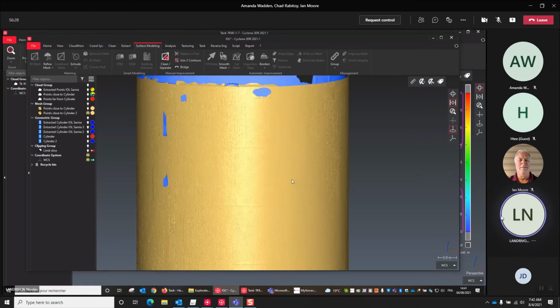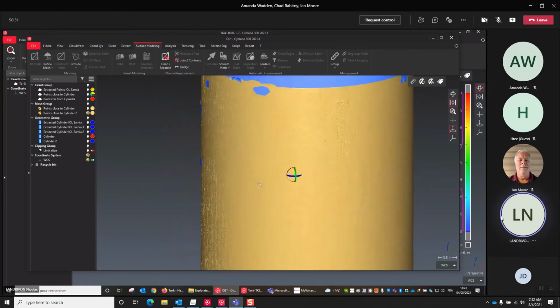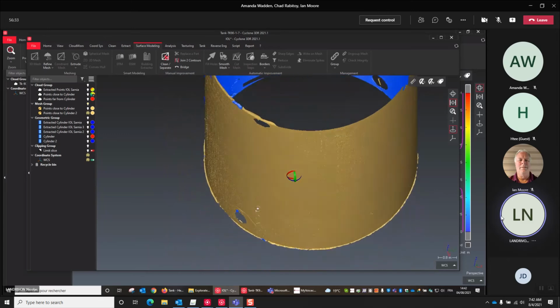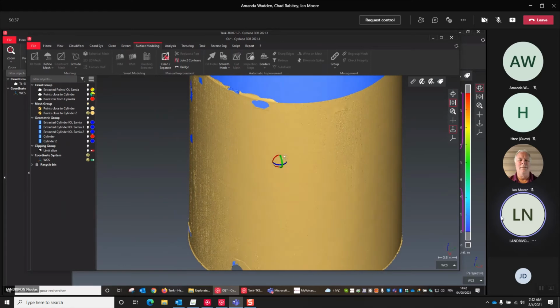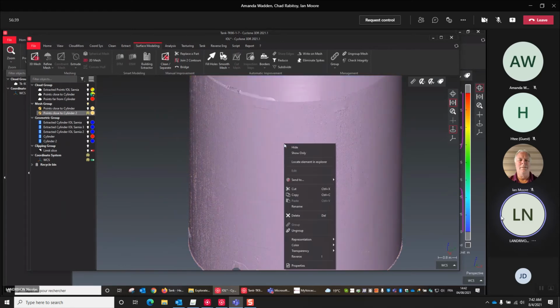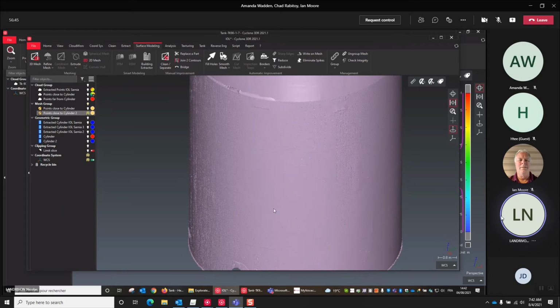Okay, so now the surface is outside, so this is good. Otherwise, you can reverse the normal direction. If you remember, you just have to right-click on the mesh, and there is a function reverse. So if it's blue outside, please reverse.